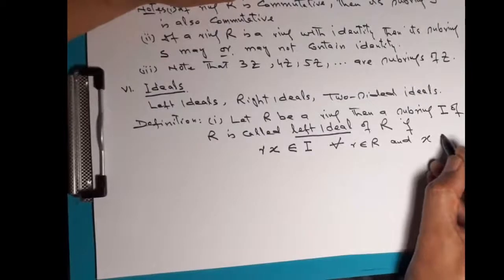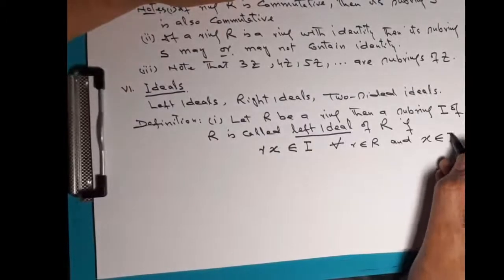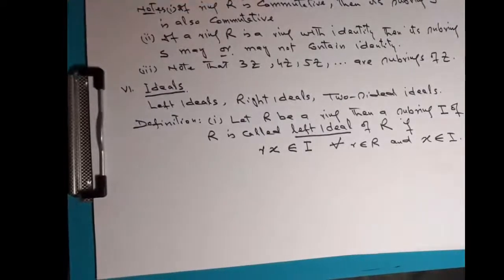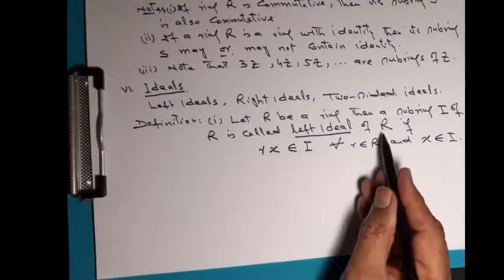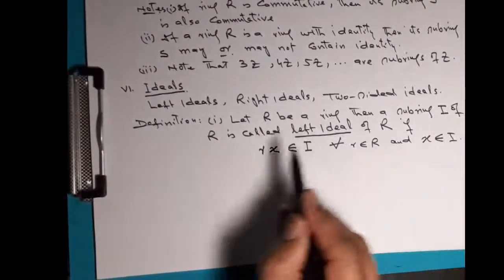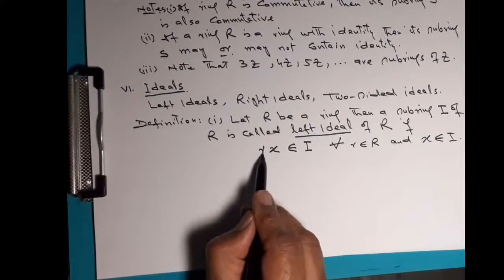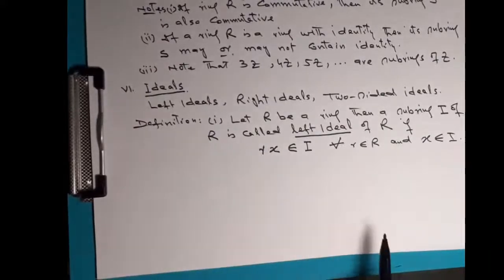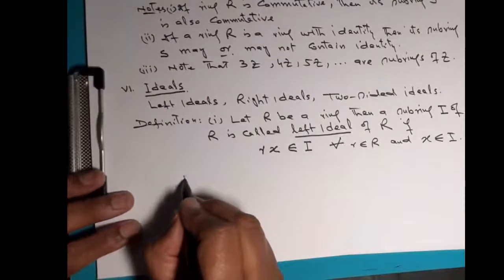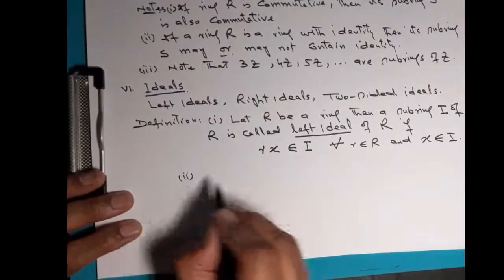x belonging to I. देखिए हम इसे कहते हैं लेफ्ट आइडियल। वजह यह है कि हम रिंग के एलिमेंट्स के साथ सब रिंग के एलिमेंट्स को लेफ्ट हैंड साइड से मल्टीप्लाई करते हैं, यानी रिंग के एलिमेंट्स लेफ्ट हैंड साइड पर हैं। इसी तरह से हम राइट आइडियल डिफाइन करते हैं। सो लेट्स सी व्हाट द डेफिनेशन ऑफ राइट आइडियल।